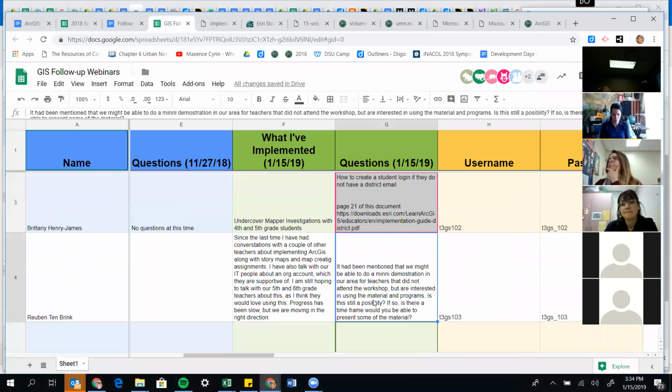Well, I'm excited you used Undercover Mapper. Did they like it? They did. It was user friendly for that age group, and we did one just so they could become familiar with the tools and where those were located. It was approachable, and they got some independence with that. On the second one, they created a national park, I believe the theme, and it was fun to see what they came up with.